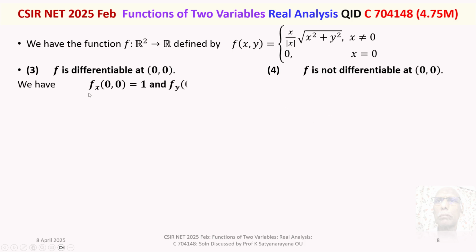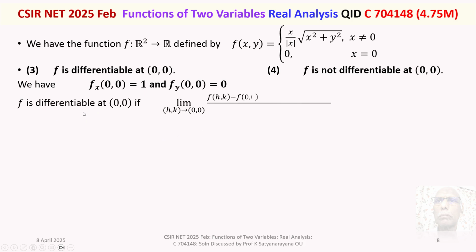We have already seen the partial derivative of f with respect to x at the origin is 1. The partial derivative of f with respect to y at the origin is 0. Recall the definition of differentiability in functions of two variables. f is differentiable at 0 comma 0 if and only if limit h comma k tends to 0 comma 0